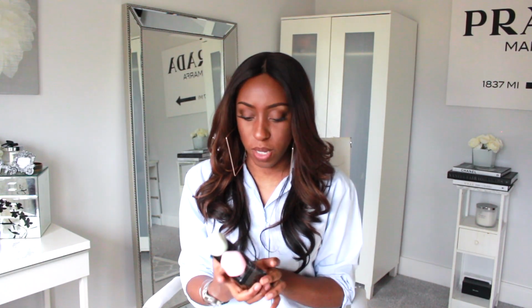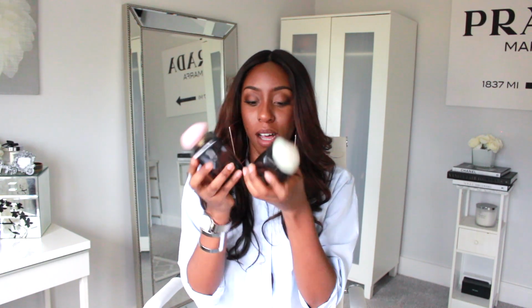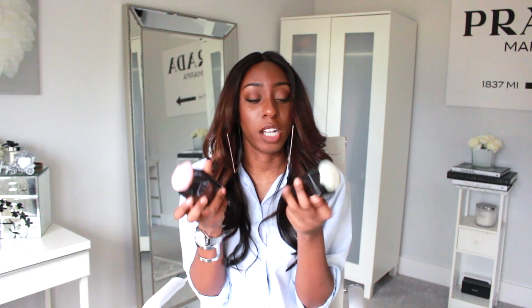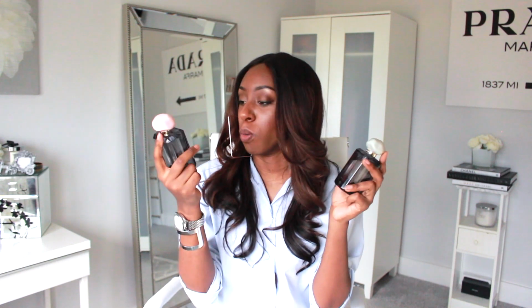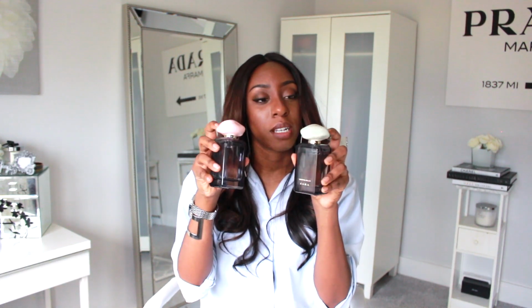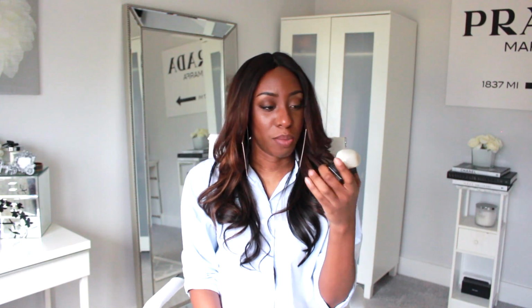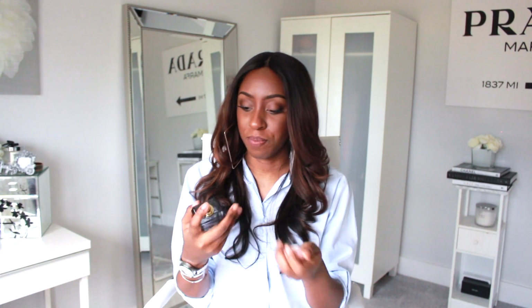So I'm going to take them by collection because I think that's the easiest way to do it. These two are, I believe, in the same collection. They are both Eau de Parfums, 100 ml. This one's called Oriental Delice and this one's called Oriental Gourmand. There's a whole line of them with this kind of really cool stone-like lid on them. These are very dark in look as far as the glass that they've used on the bottle, and I think they're kind of going with more of the oud vibe. So Oriental Delice, it's very nighttime, but very sweet smelling nighttime, whereas Oriental Gourmand